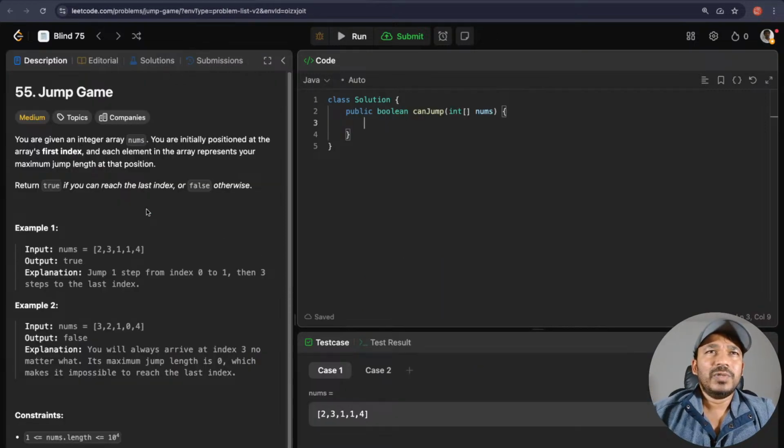So LeetCode 55, Jump Game. You are given an integer array nums. You are initially positioned at the array's first index, and each element in the array represents your maximum jump length at that position. Return true if you can reach the last index, or false otherwise. Okay, so